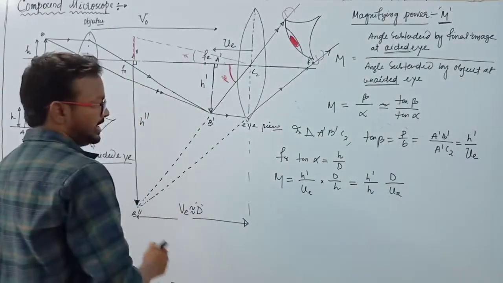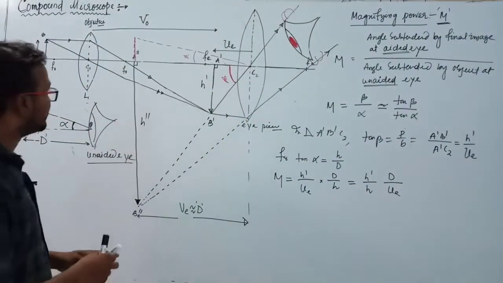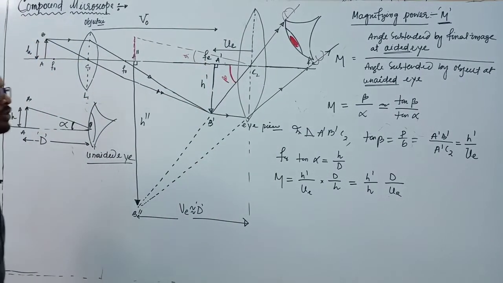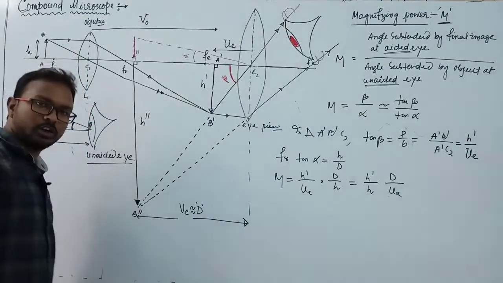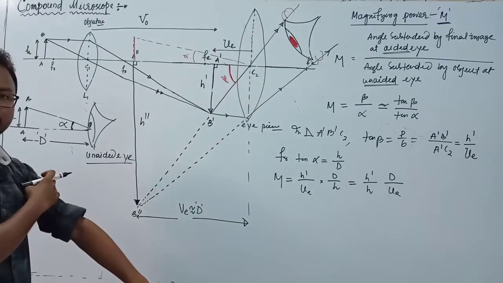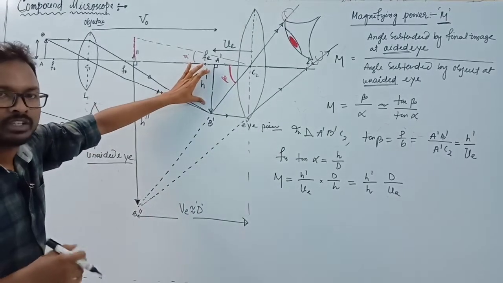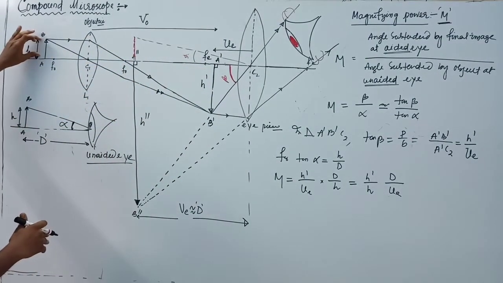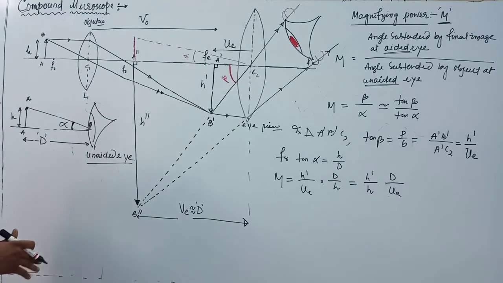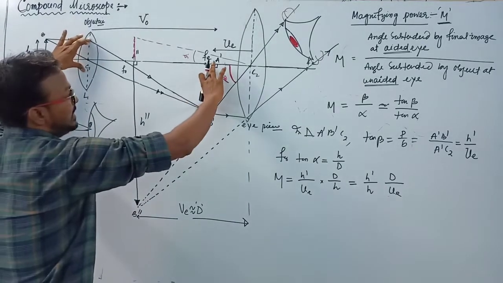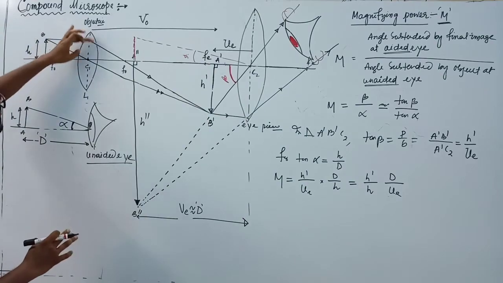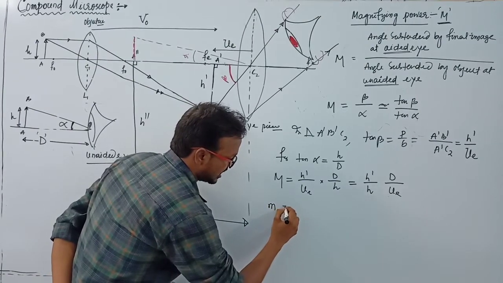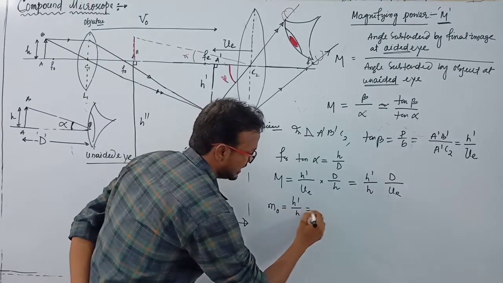Okay, now look at the diagram. H dash by h. We already know the magnification of a lens. So what is magnification? It is the ratio of the height of the image to the height of the object, which is the magnification of a lens. This is the height of the image and this is the height of the object, which is the magnification of the objective lens. So m naught can be written as m naught equal to h dash by h,